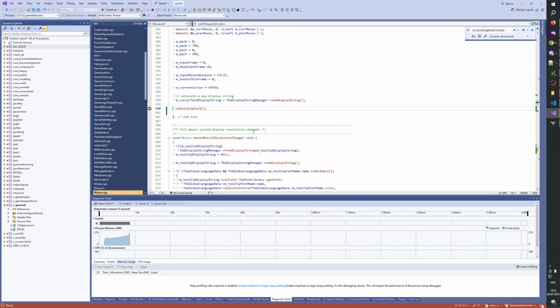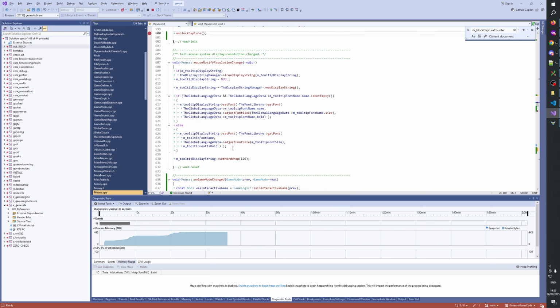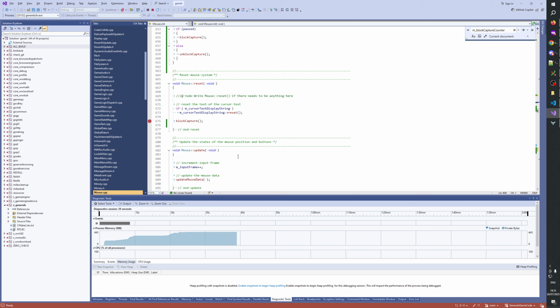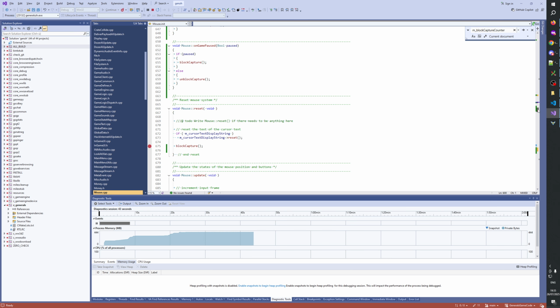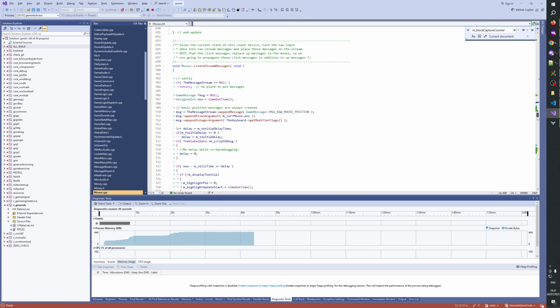Okay, that somehow works. Okay, I'm surprised by this. Let me unblock capture.